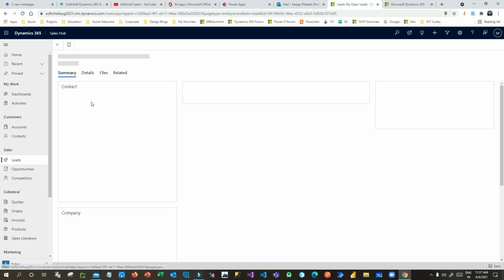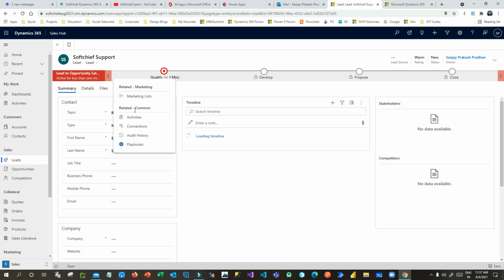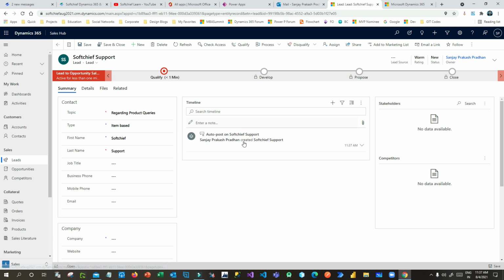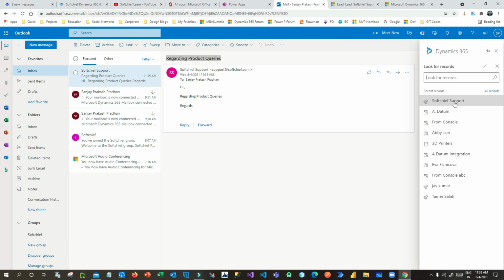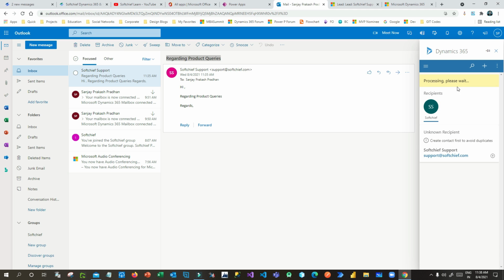But if you go to this lead and go to related activities, in this activity, you don't find anything, because this email is already received from this lead to you. So we have to track that email activity record against this lead. So how to track it? You have to go here and you have to click the lead that you have just created, so that the regarding field will populate.